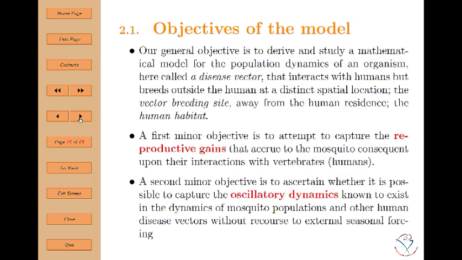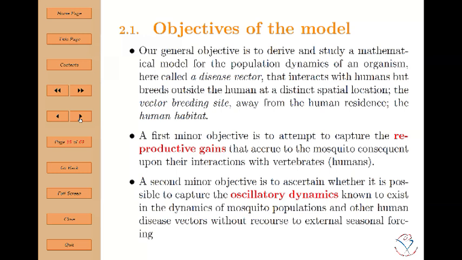habit. The general objective that we have in this paper I'm presenting here is to develop a mathematical model for the population dynamics of an organism, which I have called a disease vector, that interacts with humans but breeds outside the human at distinct spatial locations called breeding sites. The human stays at what we call the human habitat. That is the general objective. And so if we take this big objective, it means that we can transpose this model we are developing to any vector-borne disease, not only mosquitoes; we can talk about snails for schistosomiasis,